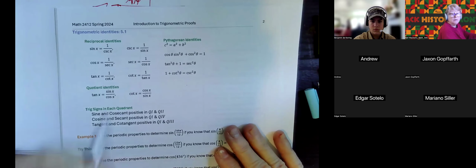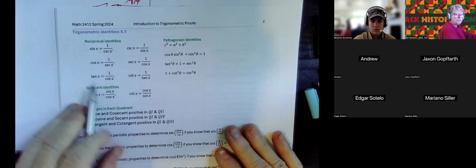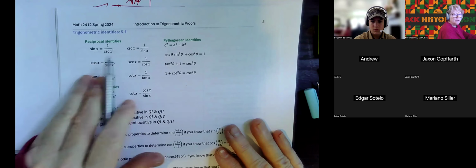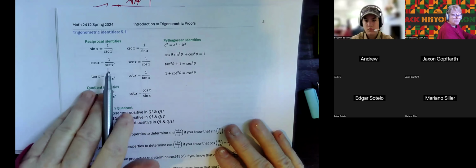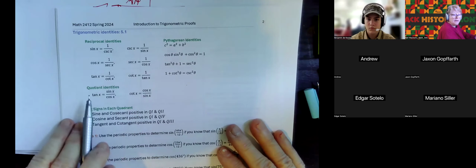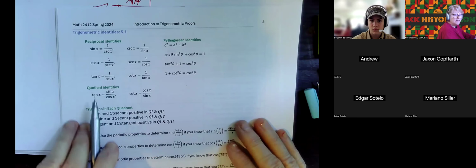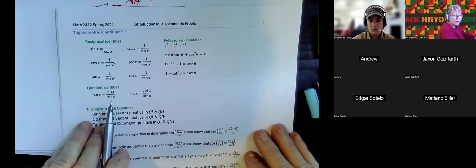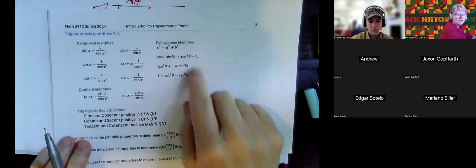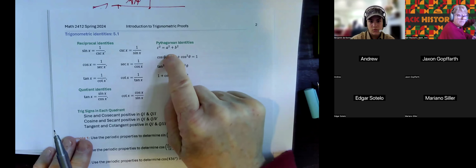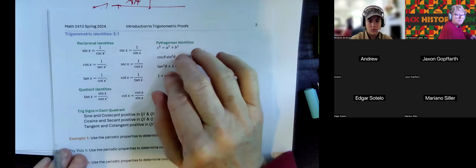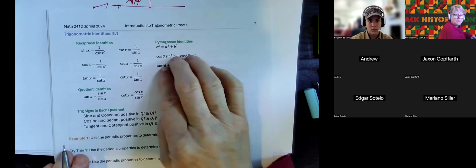reviewing what we know. So we've got all of the reciprocal identities. Sine is the reciprocal of cosecant. Cosine is the reciprocal of secant. Tangent is the reciprocal of cotangent. We have the two quotient identities, that tangent is sine over cosine and cotangent is cosine over sine. We have the Pythagorean theorem, x squared plus y squared is c squared, or a squared plus b squared is c squared. But we also have the 3